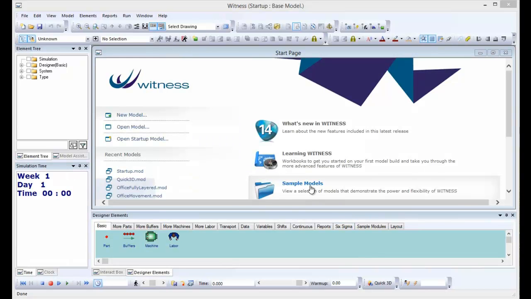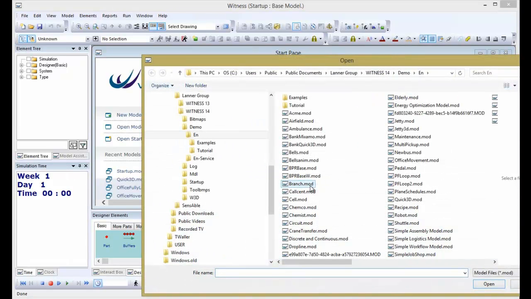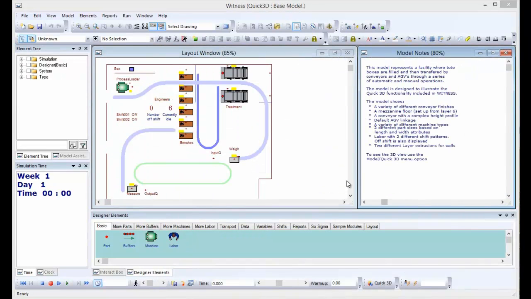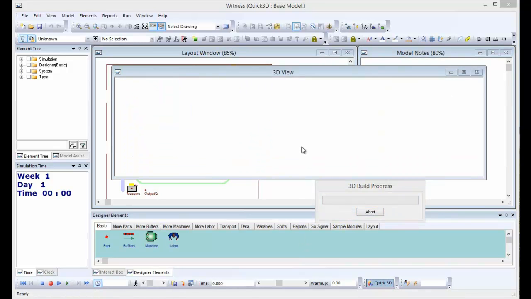The first model we're going to look at is in the sample models directory. If I open up quick3d.mod, we can see this layout here with the lines drawn around the outside, which we're going to extrude to make walls, and it's a series of conveyors, machines, tracks and vehicles and the like. So if we do a quick 3D view of that model,